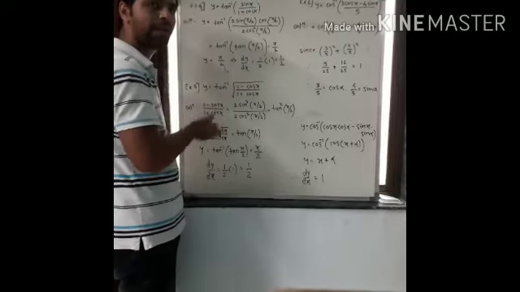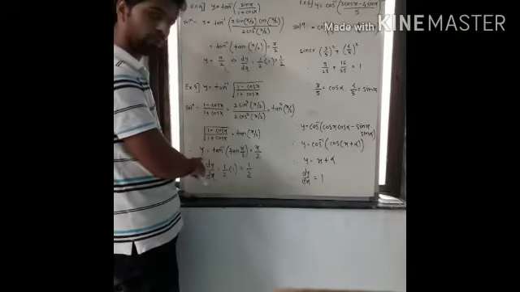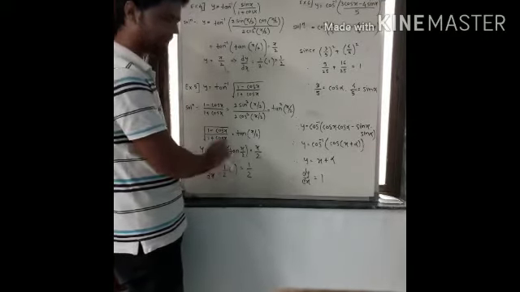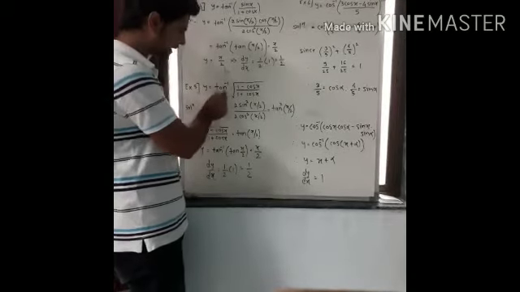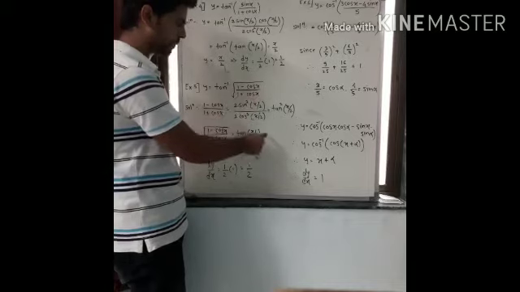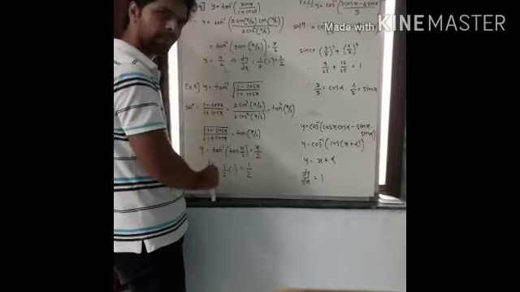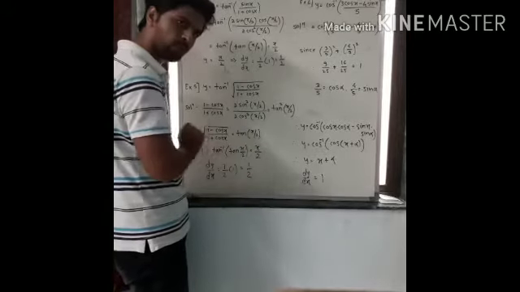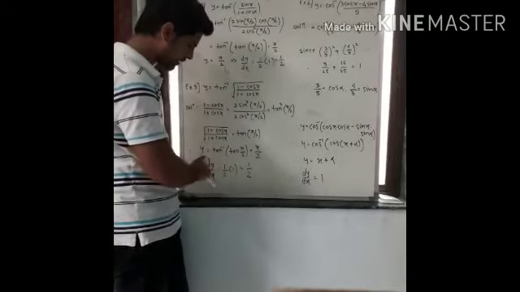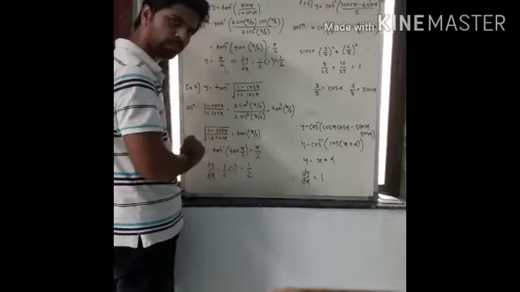So how will you redefine the function? Y equal to tan inverse tan x by 2. This tan inverse is as it is, and this total term is replaced by tan x by 2. Now tan inverse and tan we can cancel out. So what are we left with? X by 2 only, right? So the function is y equal to x by 2, right?